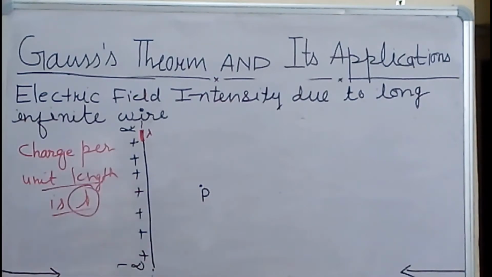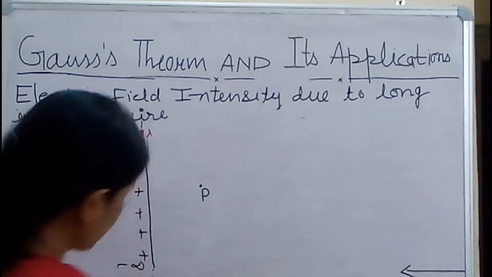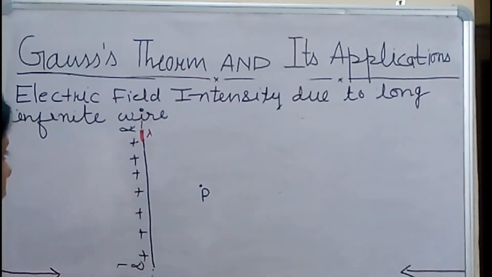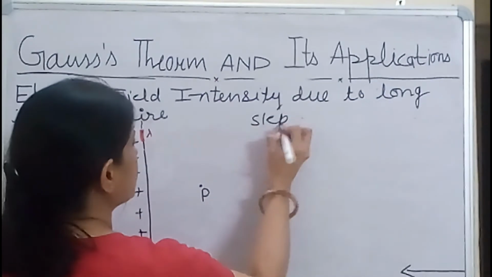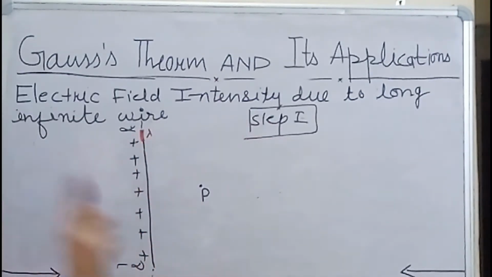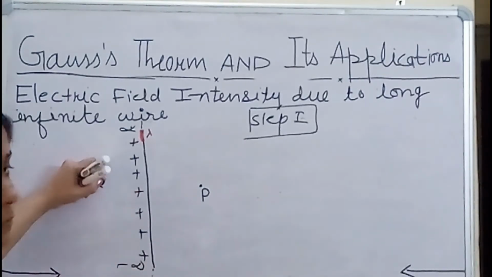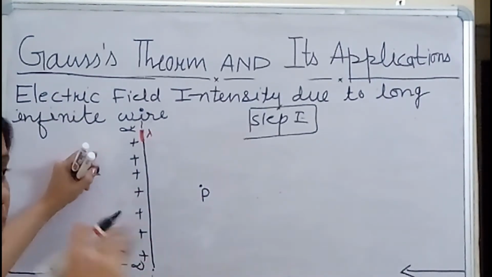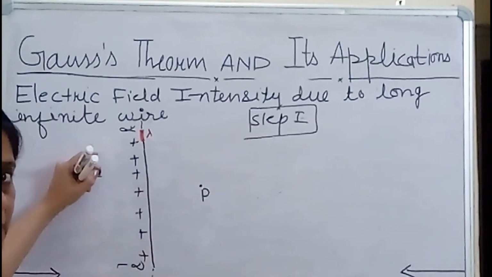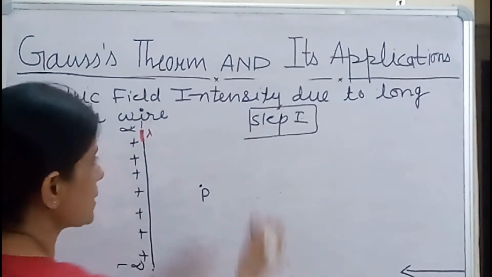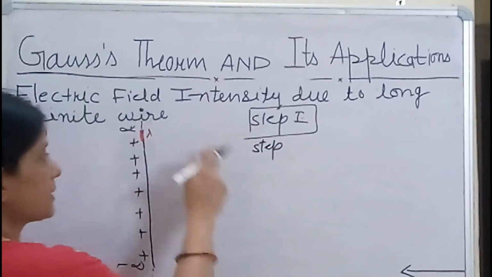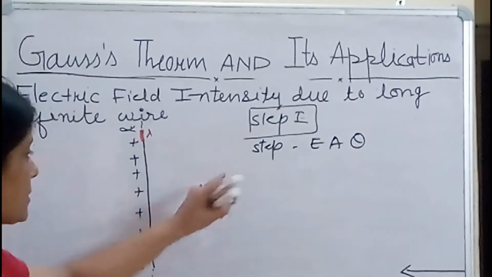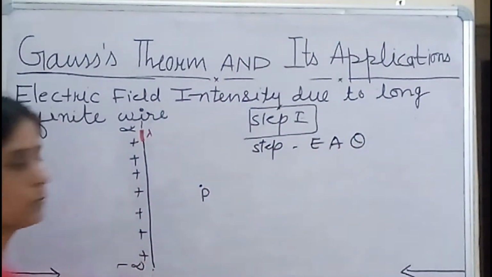Now we have to find the value of electric field intensity at this point. So what we have to do is imagine, step number 1: you have to imagine one closed Gaussian surface. We cannot imagine a spherical surface as we considered last time. Why? Because if we consider a sphere, then R would not be the same all the time and symmetry of E would not be there, because step number 2 says if you are considering the surface, symmetry of E, A and theta should be there. In a sphere, in this case, symmetry of E, A and theta would not be there.